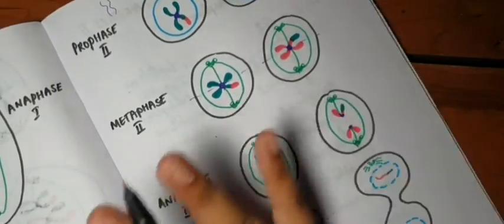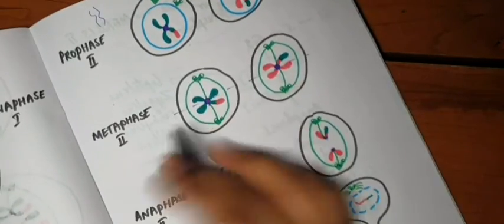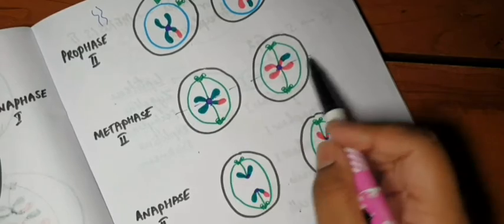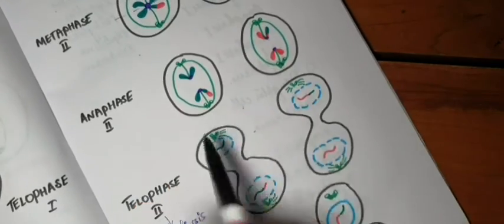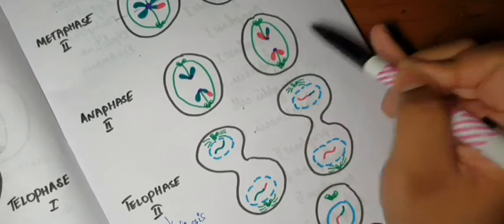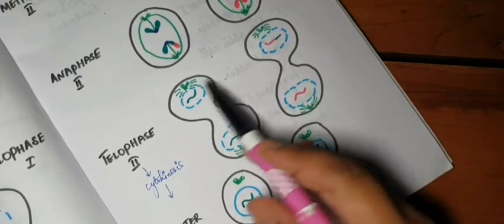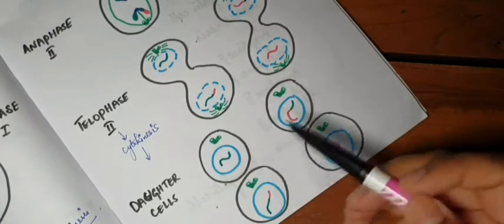So after meiosis 1, the cells enter a short resting period, which is called interkinesis or interphase 2. Then the cells enter meiosis 2, which starts with prophase 2. Meiosis 2 is like mitosis. So in prophase 2, there's condensation of the genetic material. In metaphase 2, again, like metaphase 1, they're aligned along the metaphase plate and they're pulled apart from each other. In anaphase, we already have an equal collection of chromosomes on either side of the cell, ready to go for the future daughter nuclei. In telophase, the future daughter nuclei are formed and the spindles are retracted. They undergo cytokinesis and then the daughter cells are formed.